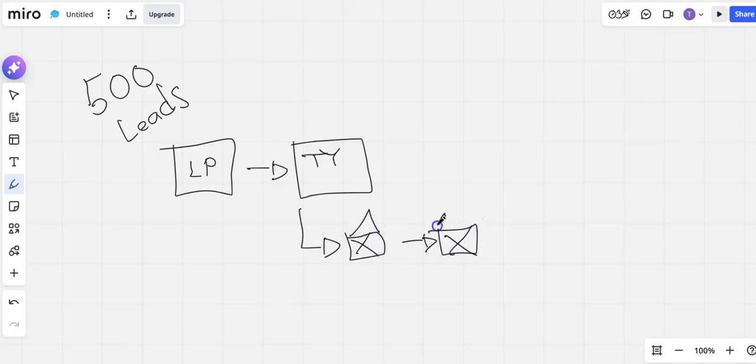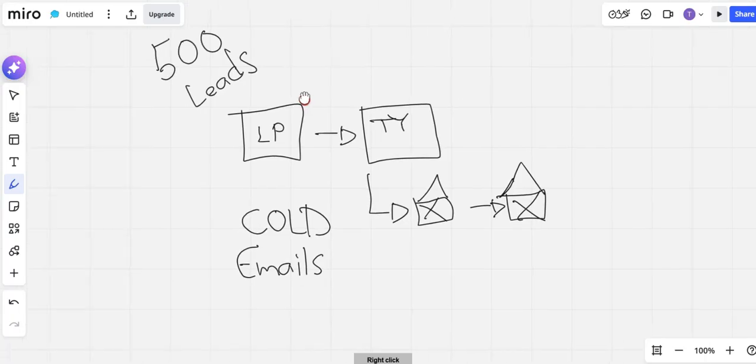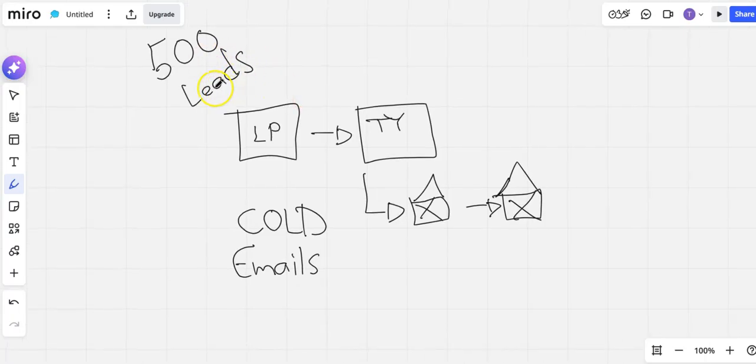And remember, guys, these are cold emails, meaning people don't even know who you are yet, okay? So the thing is that let's say you got 500 leads. That's the benchmark of optimizing and tweaking. You could do less than that, but I suggest to do this. So let's say you're getting leads.